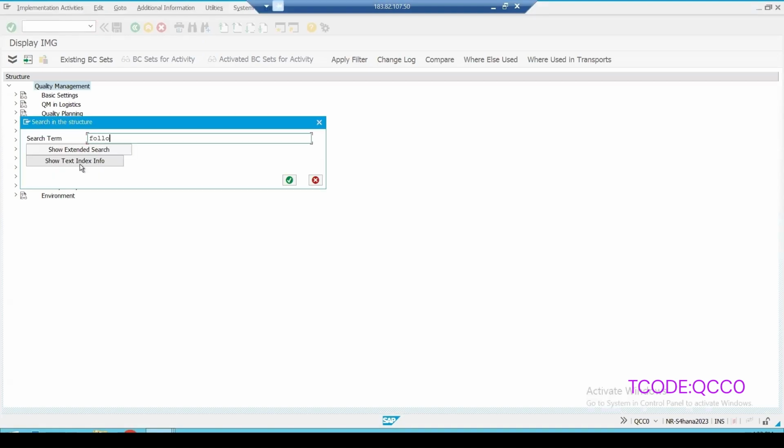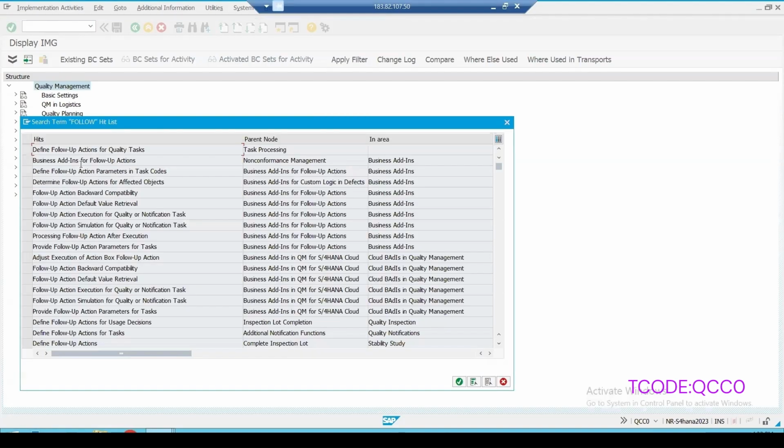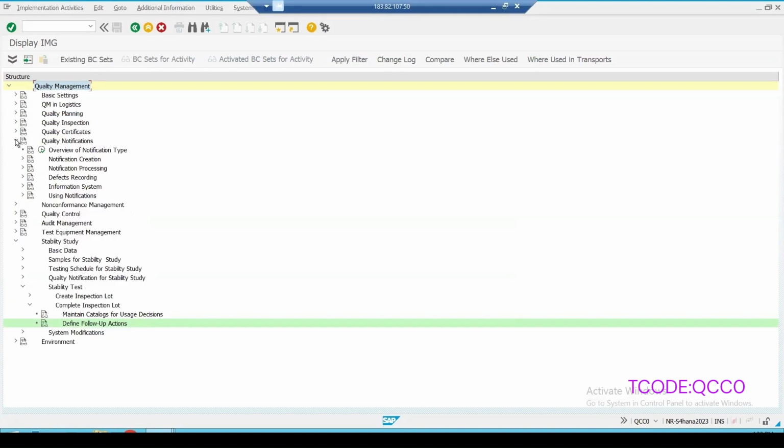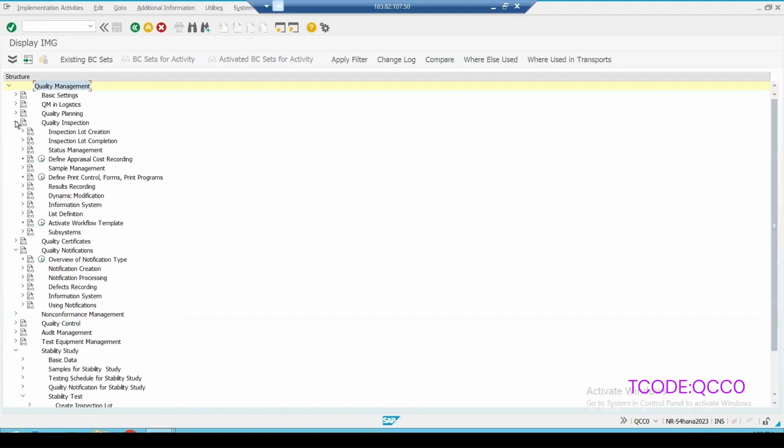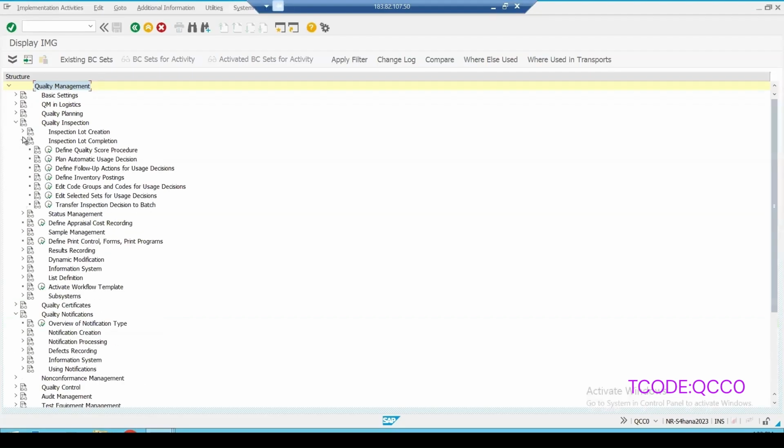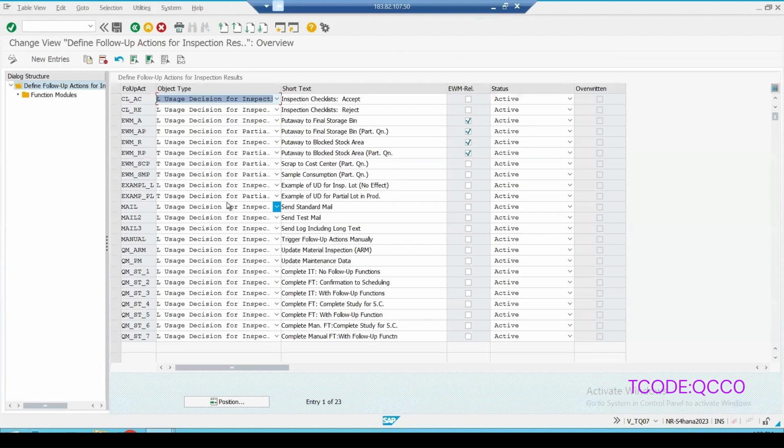And if I search follow-up action, inspection lot completion, define follow-up action for the usage decision. If I click on this, this is the list which you were able to see in the UD screen. Okay, so for the usage decision, what all are the options?